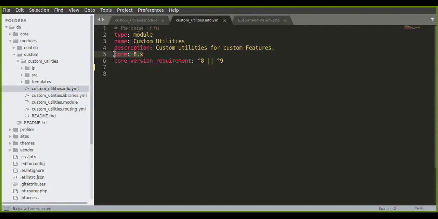This code, I took it from the Drupal 8 version, for the demo purpose only. I will show you by tomorrow, if possible, without this core 8.x. I forgot the key. Till now, I have worked on Drupal 8 projects. For the demo purpose only, I am exploring Drupal 9. Fine, I will show you by tomorrow about this Drupal 9 key.